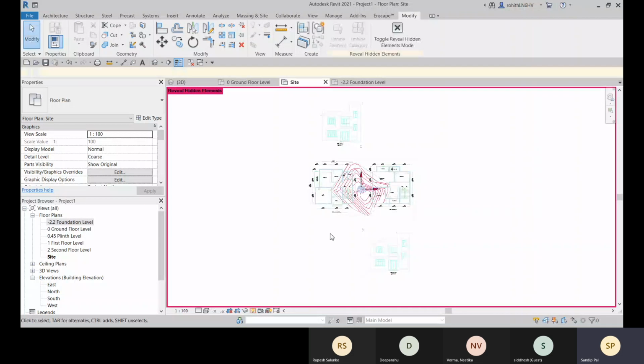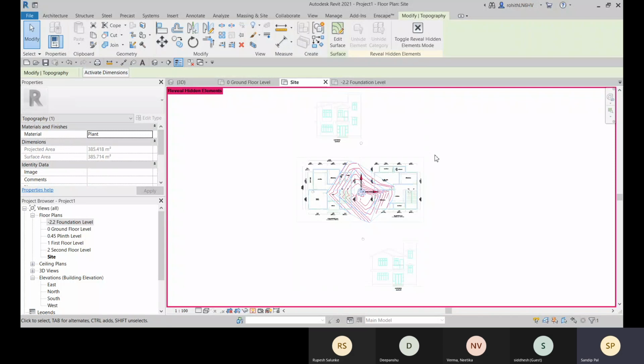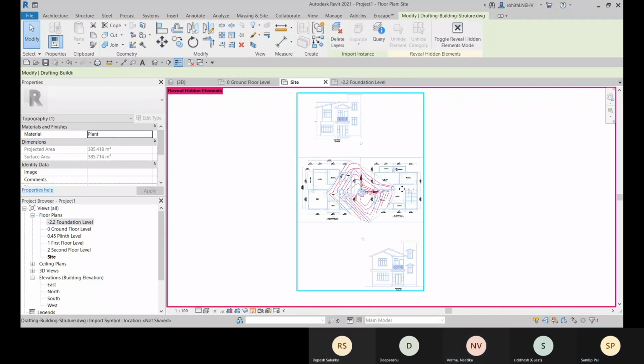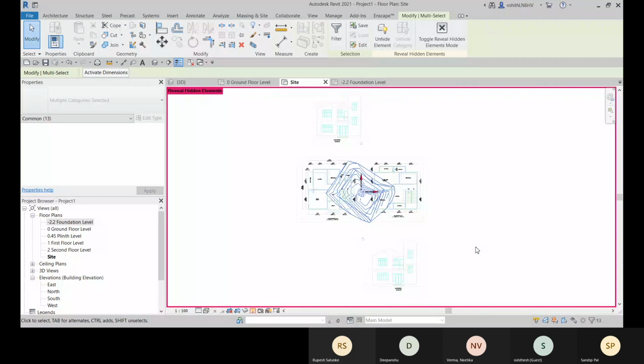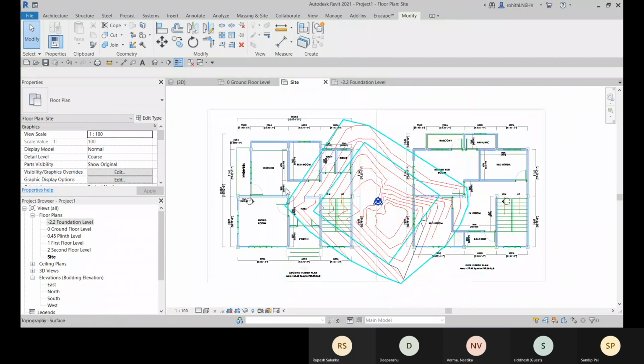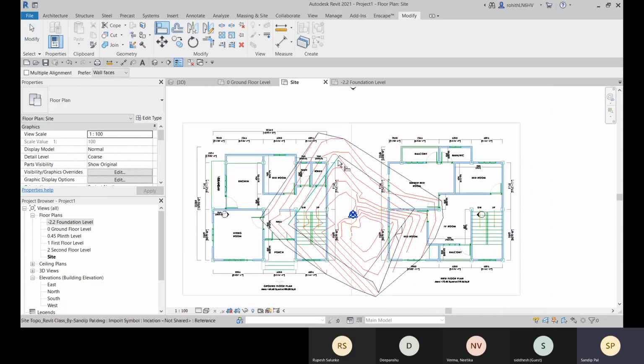So here I will go with this, and here I will select this CAD file. Select the CAD file and unhide element. And now let me go for this align option.